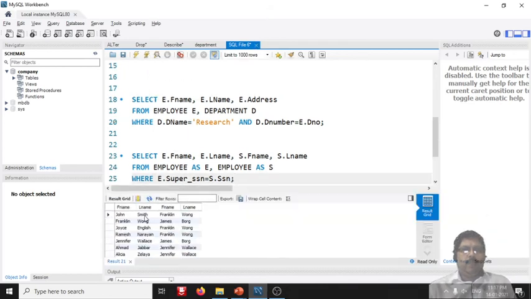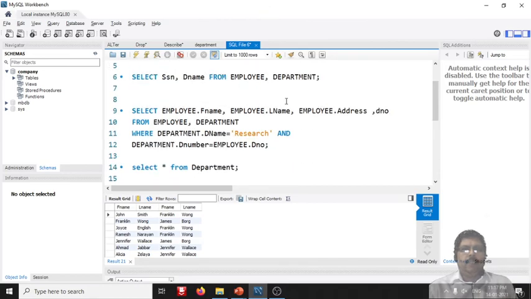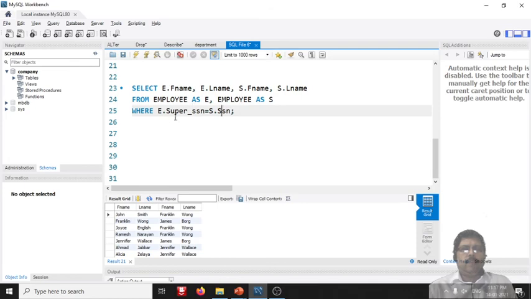Here you see the same names are coming, fname and lname. See what is happening here: we have joined these two fields, super SSN and SSN. The SSN is an employee number, super SSN is a supervisor number.